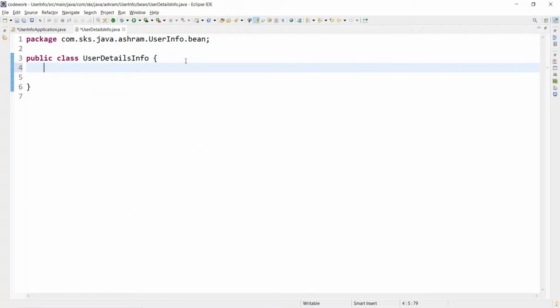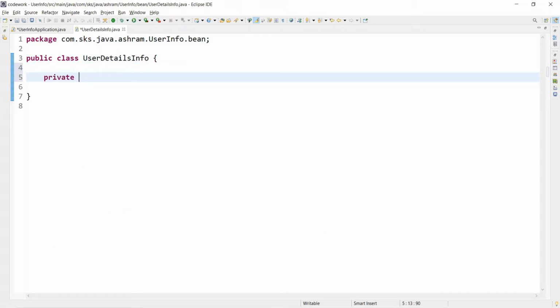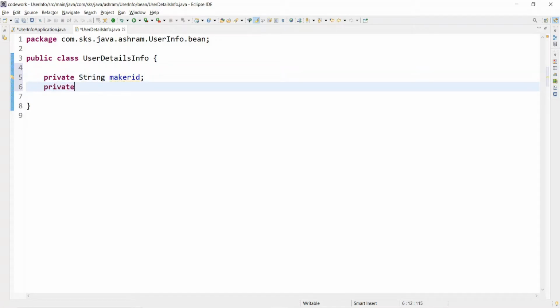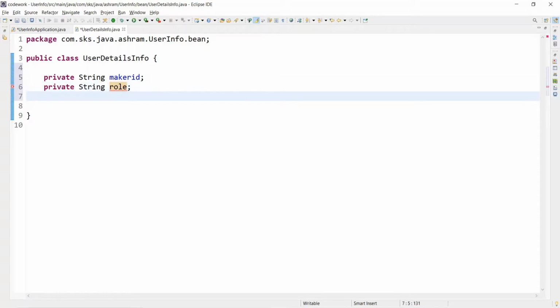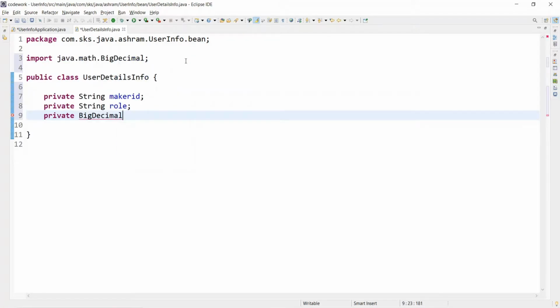In this class let's define three instance variables: private String makerId, private String role, and private BigDecimal amount. I need to put BigDecimal. You can also call it the maker amount.